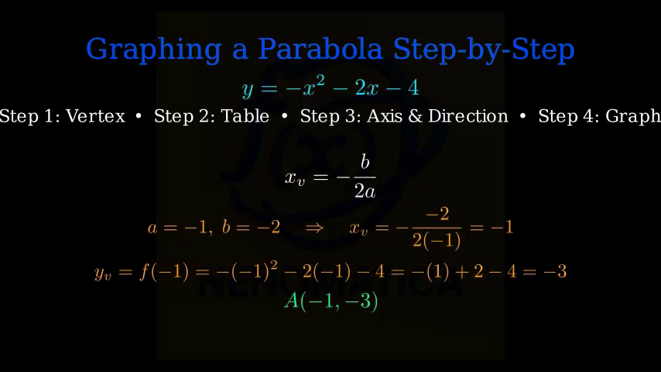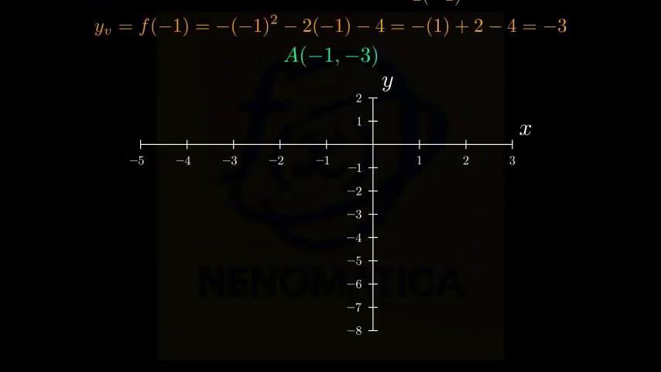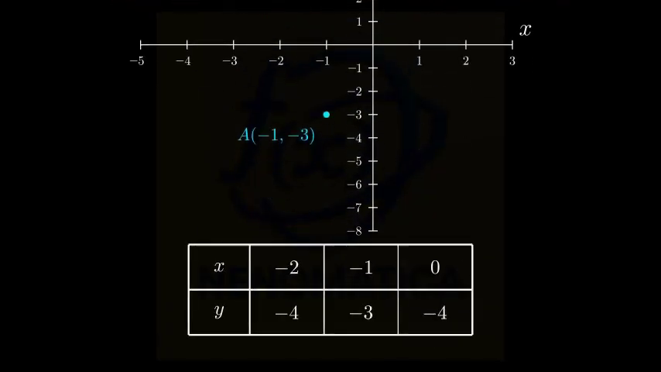Let's set up a coordinate plane and place our vertex. We'll use a window that clearly shows the vertex and a few symmetric points around it. Step 2. Create a small table of values around the vertex at x equals negative 1. A convenient symmetric set is x equals negative 2, negative 1, and 0. Plugging into y equals negative x squared minus 2x minus 4 gives: